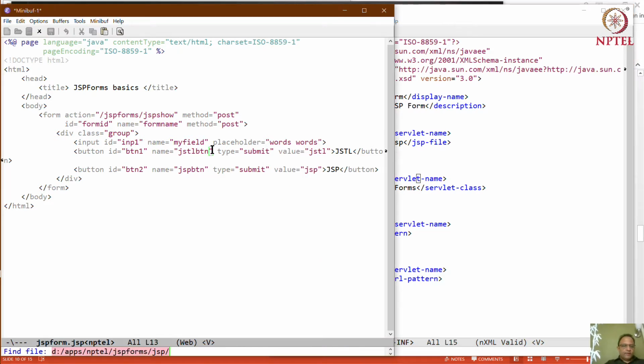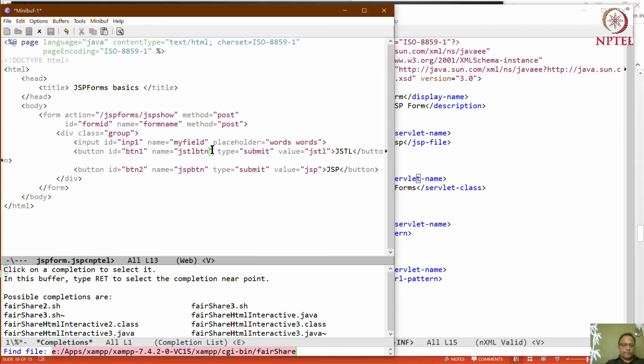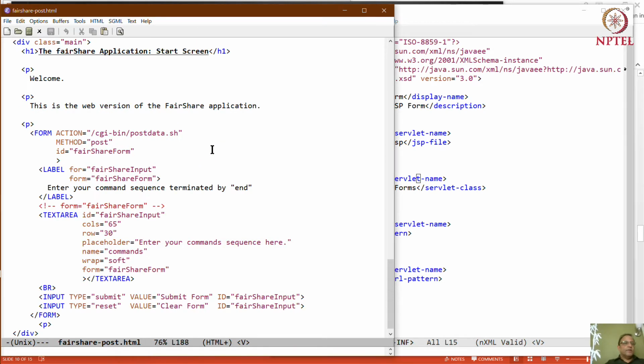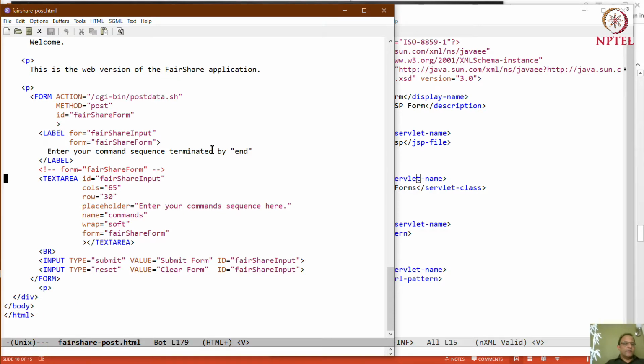And just like FairShare, which is far off in apps, XMPP, XMPP7, XMPP, not CGI bin, it's in htdocs, FairShare post.html. So just like we have a form over here,